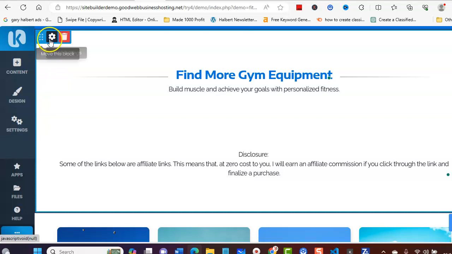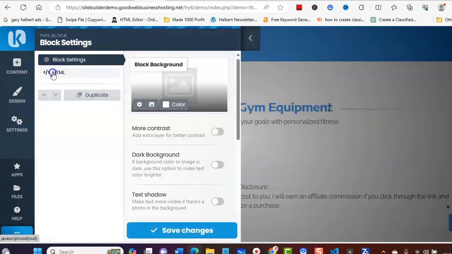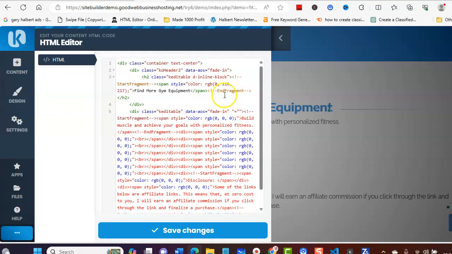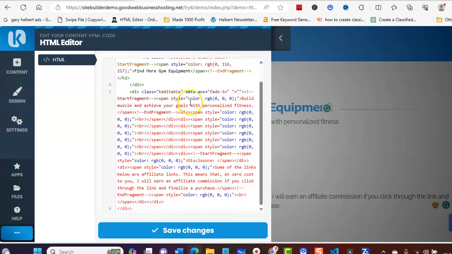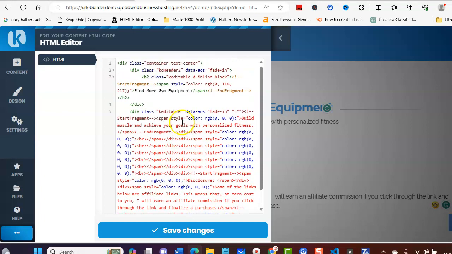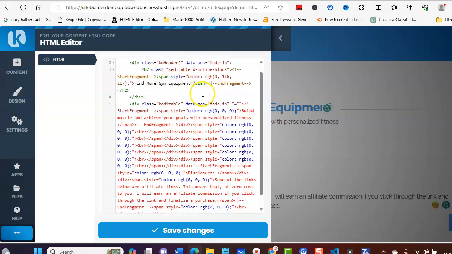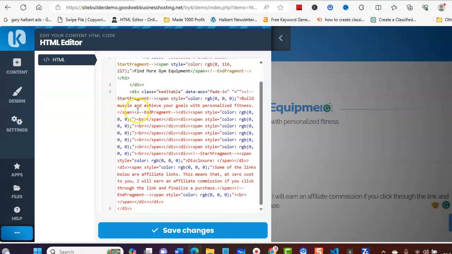So now what we need to do is go to the cog, HTML, and then this is the HTML coding. Don't let this faze you. What you can do is use the site demo and come in here and just have a go at it. But what we've got to do is find where we're going to put the image on the actual page. So along the top we've got find more gym equipment, and then what we've got here is this text,